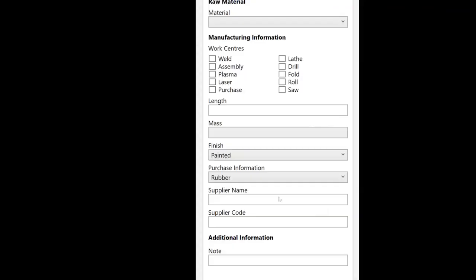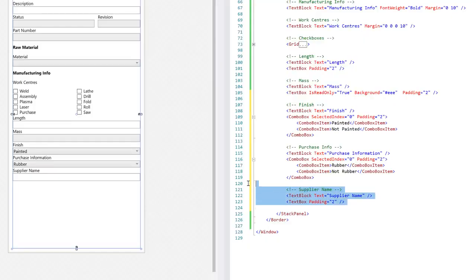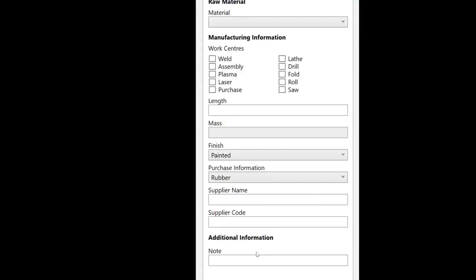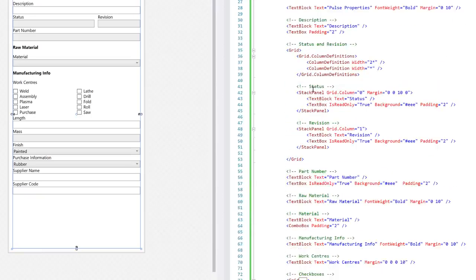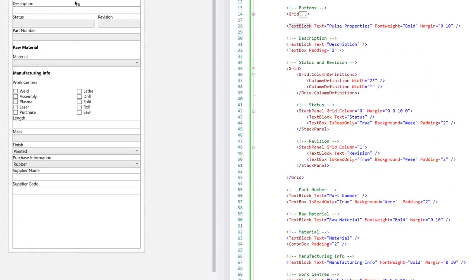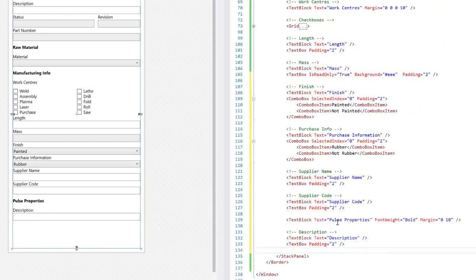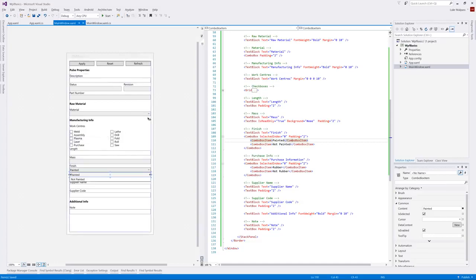So now we've got supplier name, we want supplier code, then we've got additional info and note, so that's just like pick any. Let's pick this one again. So there you go, there's the entire form. So we press F5